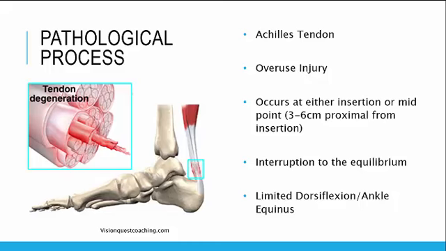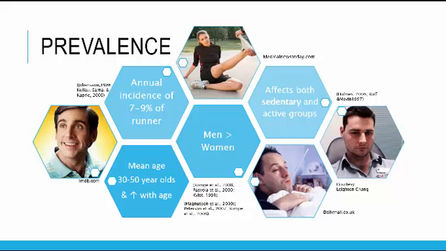and therefore increases the chance of developing Achilles tendinopathy. With a consensus of multiple studies, we found the rate of Achilles tendon rupture and tendinopathy reported to be annually 7 to 9% in runners. The condition affects both sedentary and active groups. The mean age is between 30 and 50 years, and there is also a rise in the prevalence with increasing age. We found that males are more prone to the pathology than females,